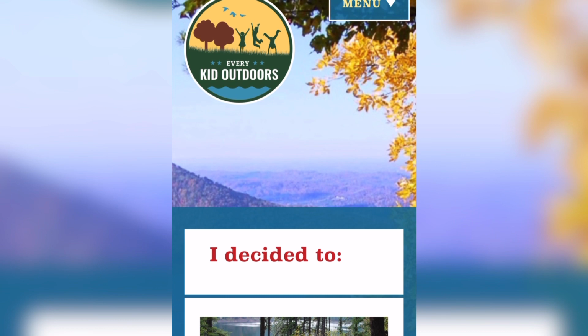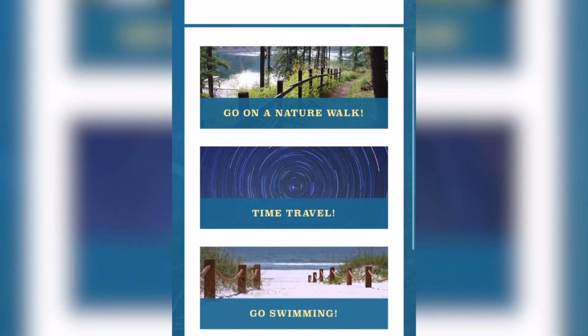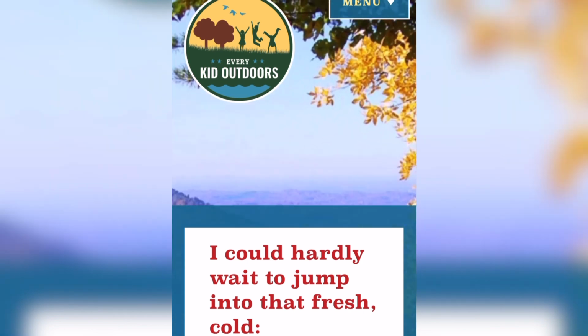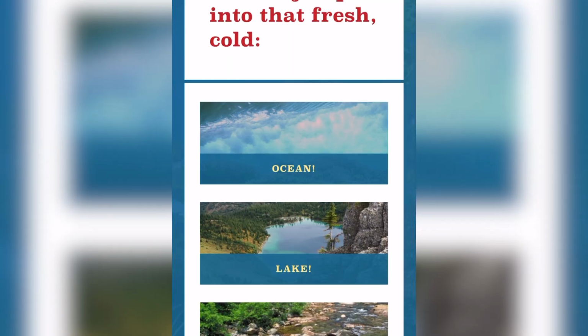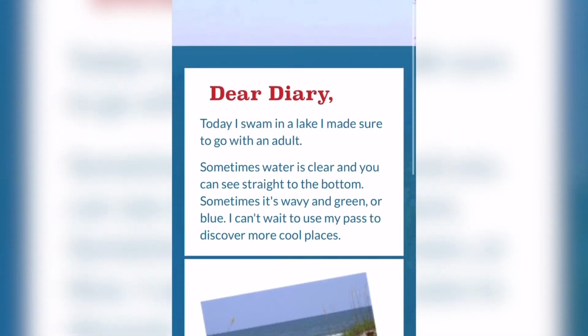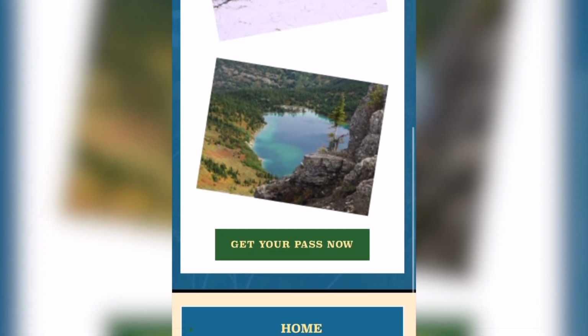It will take you through this little game where you get to choose between going on a hike, time traveling, or going swimming. It doesn't matter which one you choose. And then it will give you 3 other options of fun activities you can do. It doesn't matter, again, which one you choose. And then it will give you a little story based on your selections,